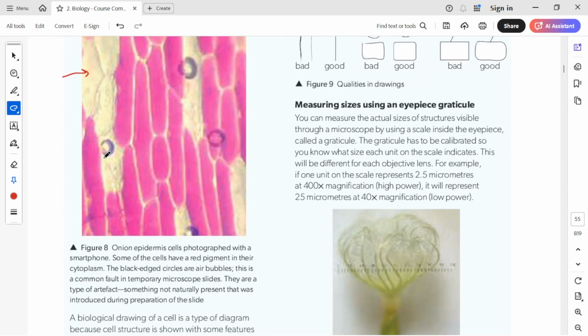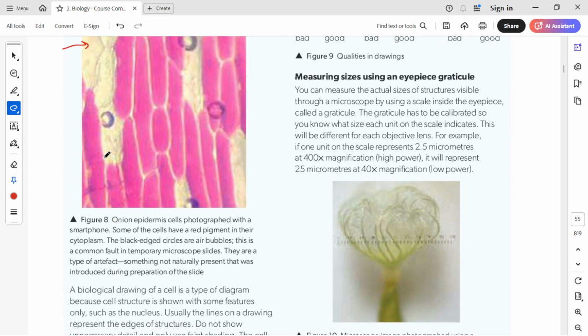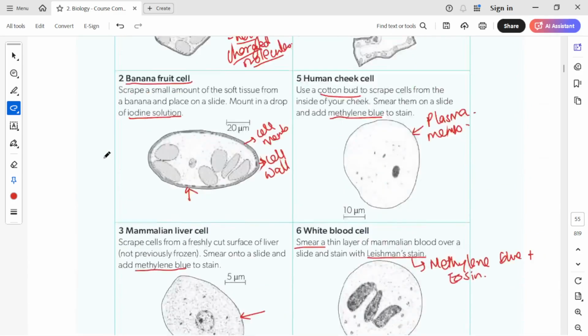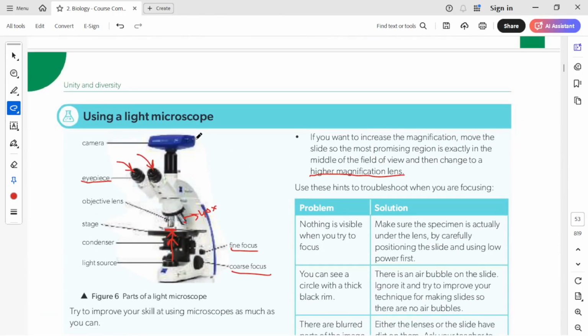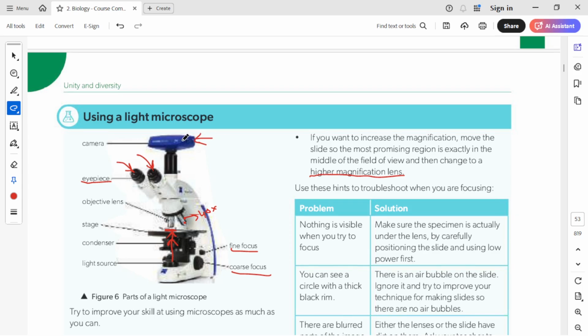So they have told certain things about microscopy here. Just on this microscope that we studied, on the top we missed this camera, I guess. Whatever you see from this eyepiece, you can take a picture using this camera. You can use your smartphones as well to take the picture from here, and you can capture whatever you see from these eyepieces or this lens.